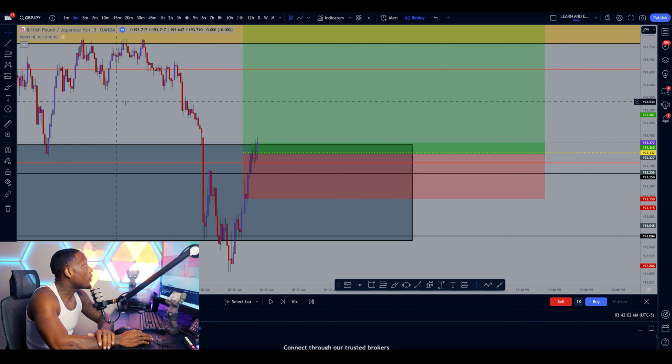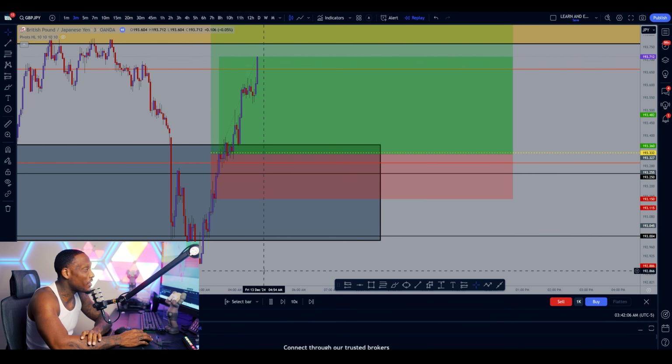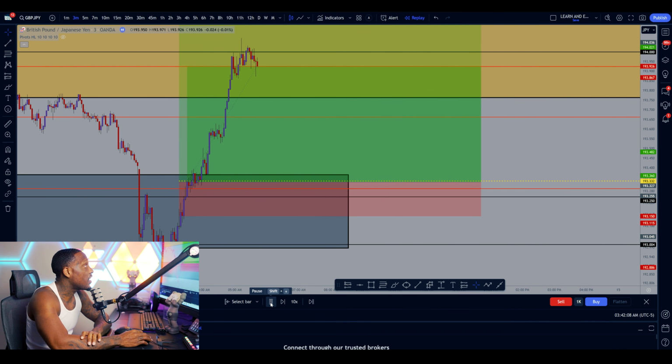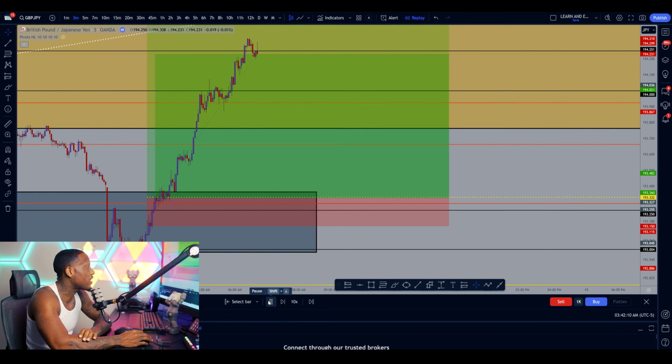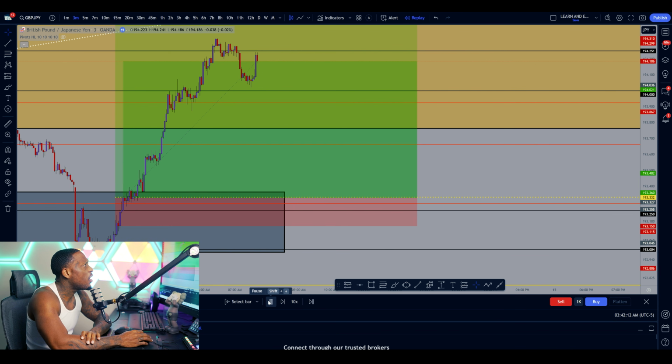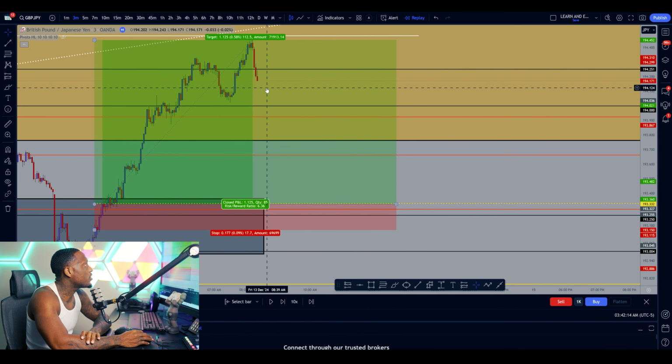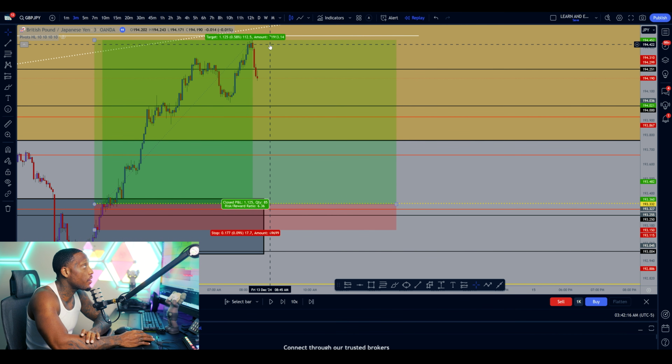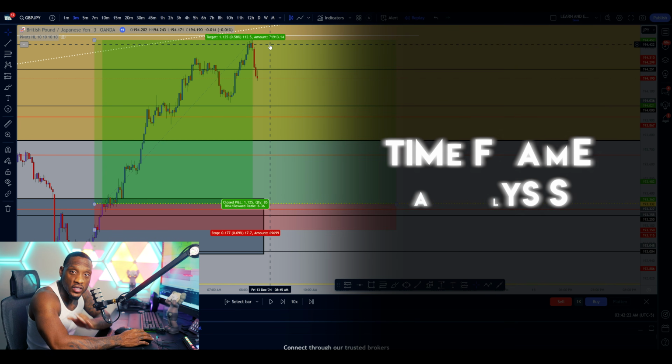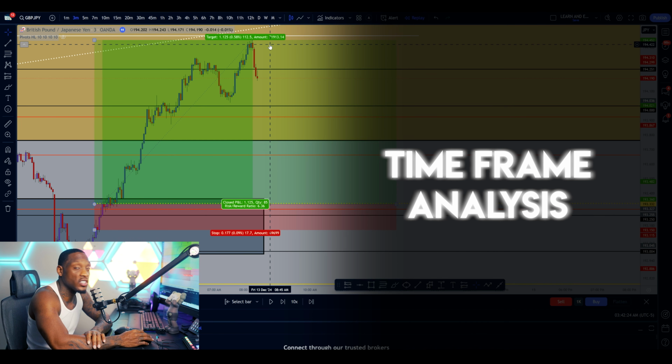Alrighty, so this was a trade that I took Thursday night, and as you can see, the entry was pretty on point, got a sniper entry, and you can see I went ahead and maximized this whole move for roughly 100 and something pips. You see as I hit my take profit right up here for 112 pips exactly. And in this video today, in order to get entries like this, we're gonna talk about time frame analysis, aka